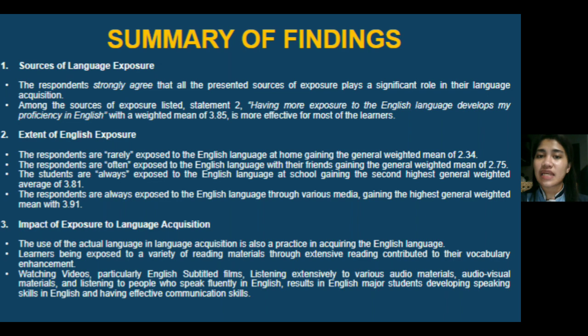Furthermore, listening extensively to audiovisual materials and listening to people who speak fluently in English results in English major students developing speaking skills in English and having effective communication skills.